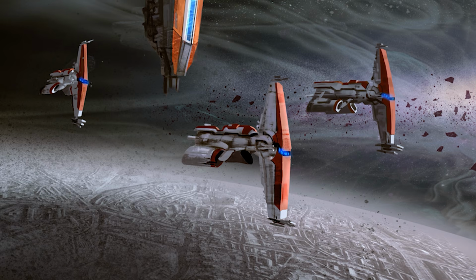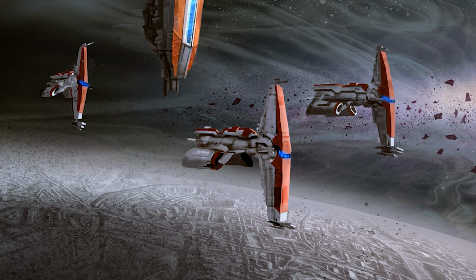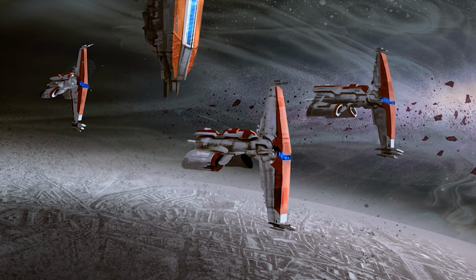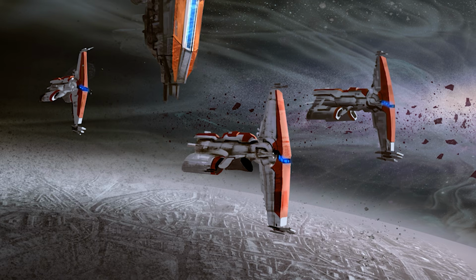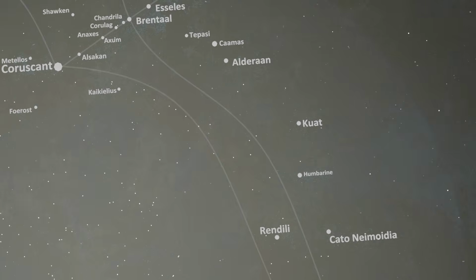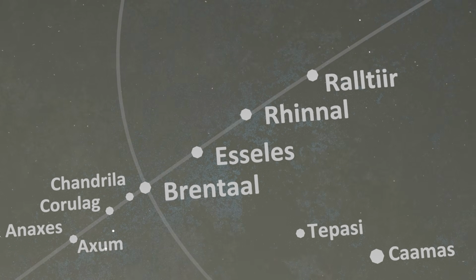Despite Rendili's much higher importance in this period, information on it is a lot more sparse before the Clone Wars. Its ship designs like the Hammerhead Cruiser and Invincible can be seen throughout older Republic conflicts though. Aceles is another name like Axum, which may be less recognizable now, but which controlled a large empire of its own, including as many as 19 colonies in the Darpa sector, with Rhinnal, another core founder, among them.